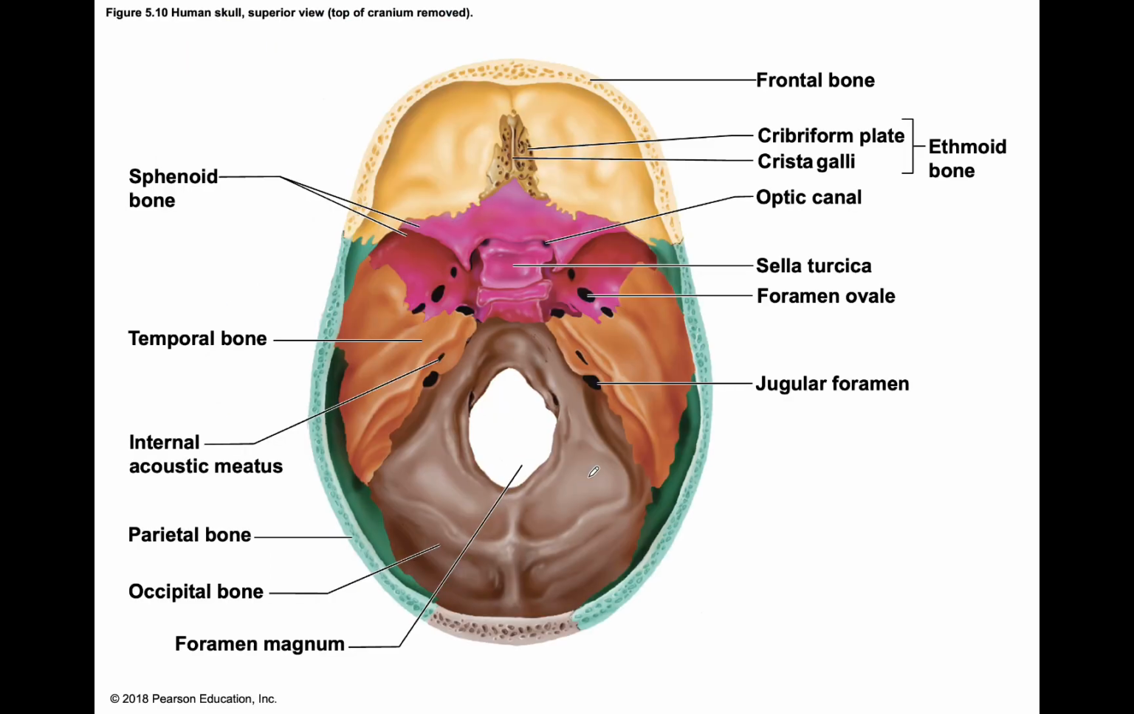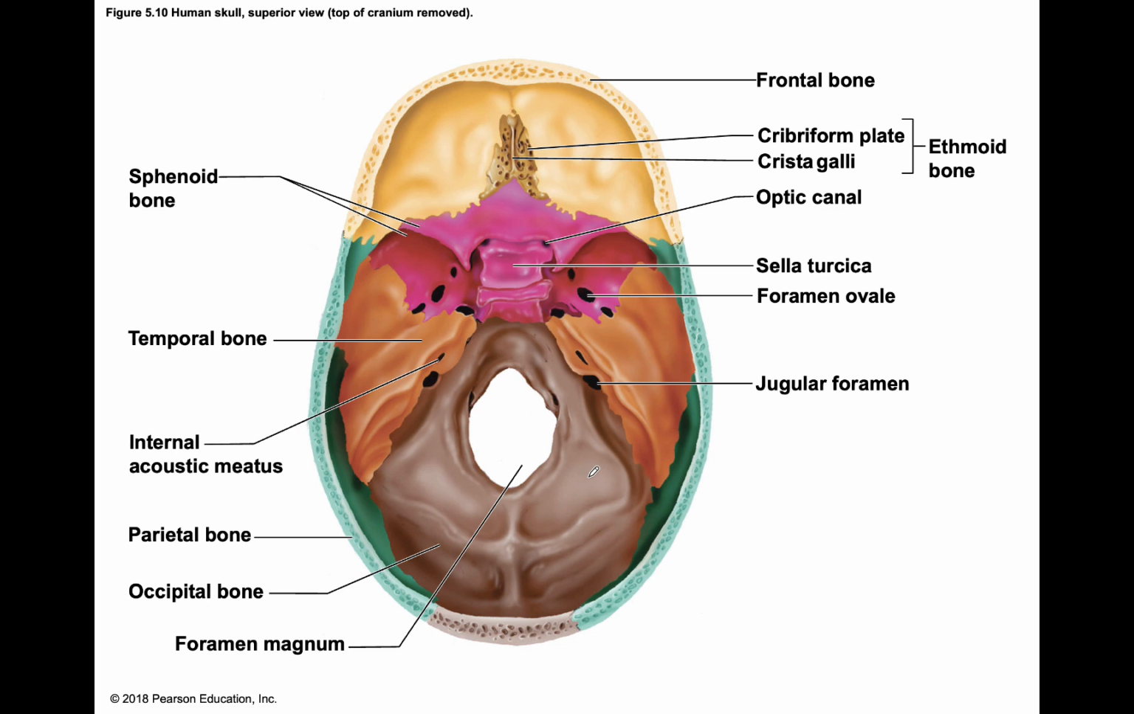Now, if I take off the superior cranium of the skull and I look inside the skull, I'm going to see a lot of little holes. Those holes are called foramen. Foramen are openings that blood vessels can go through and nerves can go through. So there are a good number of foramen to memorize, but here are just a few that we can start